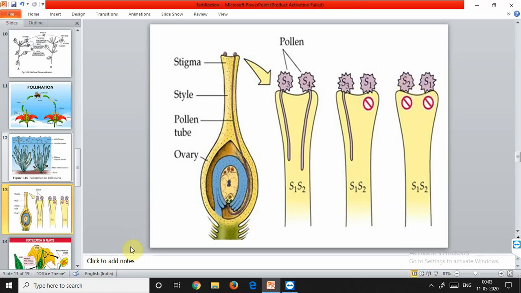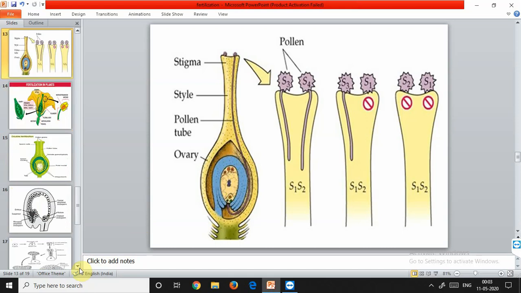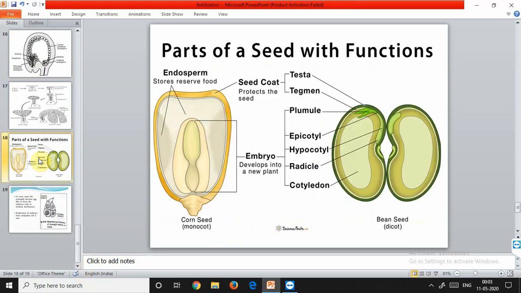Now fertilization also occurred, and what are the chances of fertilization not occurring? Then what is the seed? After fertilization, the seed is formed. So what is the seed? In angiosperms, the seed is the final product of sexual reproduction. It is often described as a fertilized ovule. Seeds are formed inside the fruits. A seed typically consists of a seed coat, cotyledons, as well as embryo axis. The cotyledons of the embryo are simple structures, generally thick and swollen due to storage food.